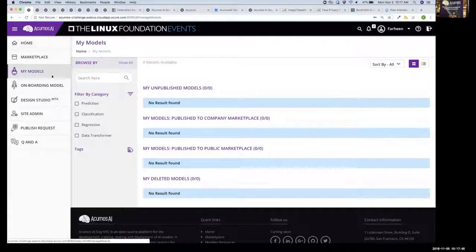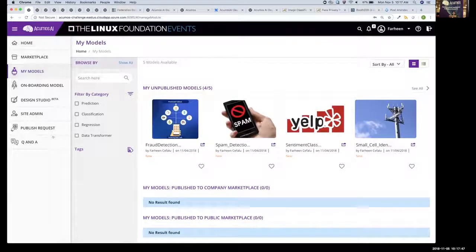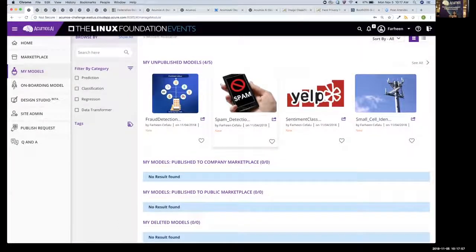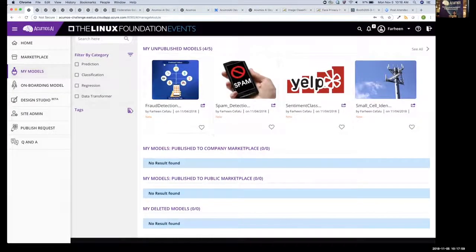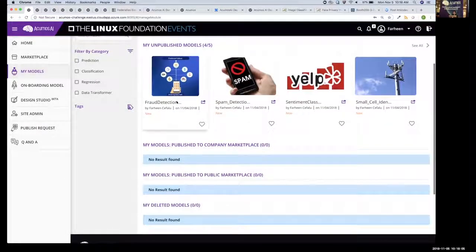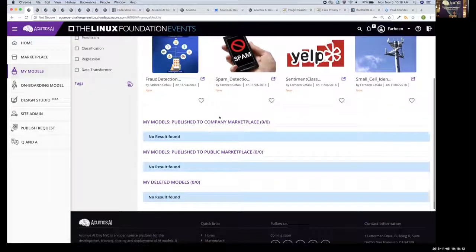Okay, where were we? My Models, private workspace. I onboarded a model quickly and easily, dragged and dropped it into the My Models workspace. So here I have my unpublished models. You'll notice that I have the ability to add information to my model. That means I can put the description in, add a graphic or image, and then I can publish my model